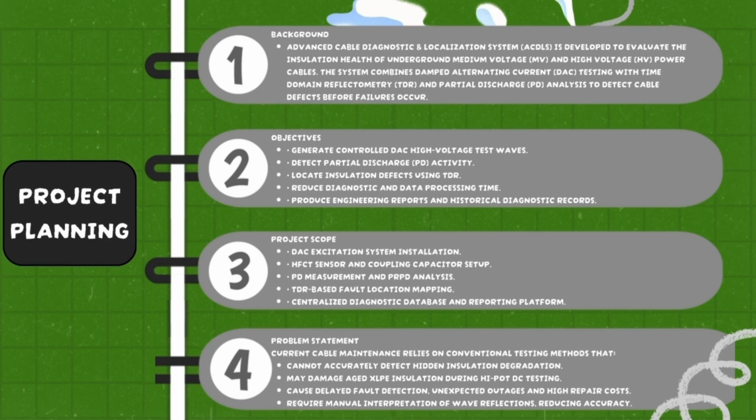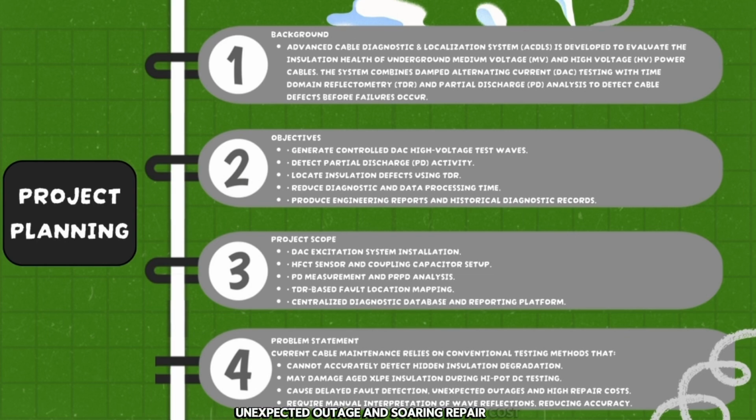is project planning. So let's start with why this system is crucial. Underground medium voltage and high voltage power cable form the backbone of our electrical grid. However, conventional maintenance methods face huge limitations. They cannot accurately detect hidden insulation degradation. They risk permanently damaging XLPE cable insulation through aggressive high-pot DC testing. They rely heavily on the manual interpretation of wave reflection, and they often lead to delayed fault detection, unexpected outage,